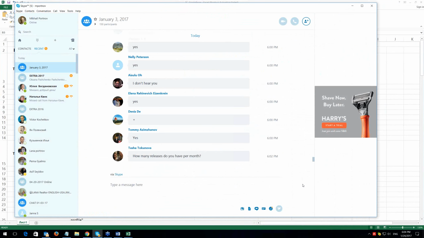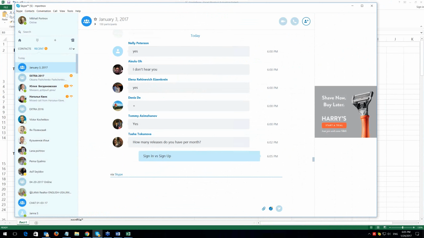So I want to write it down here: sign in versus sign up. Okay, sign in is the same as login.